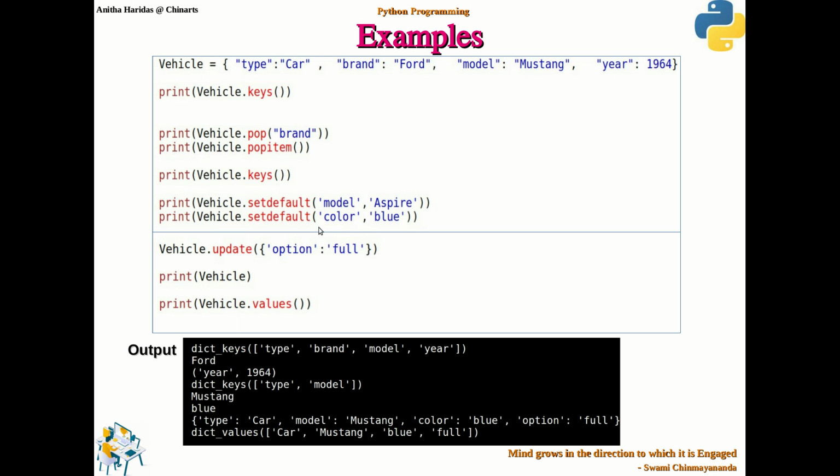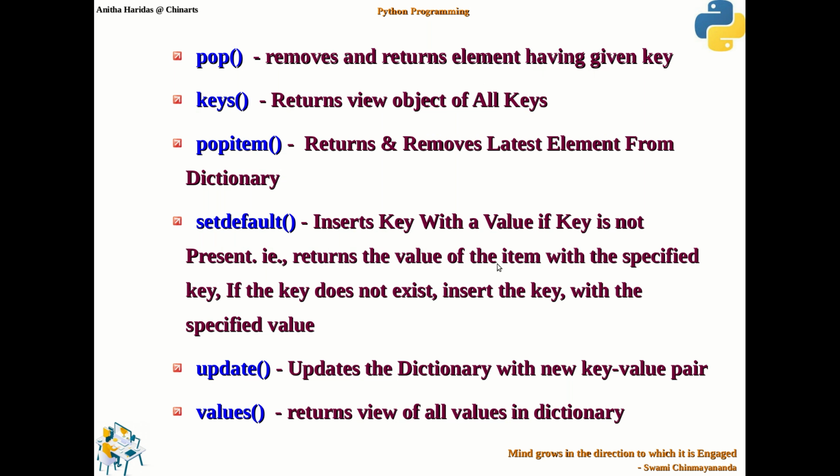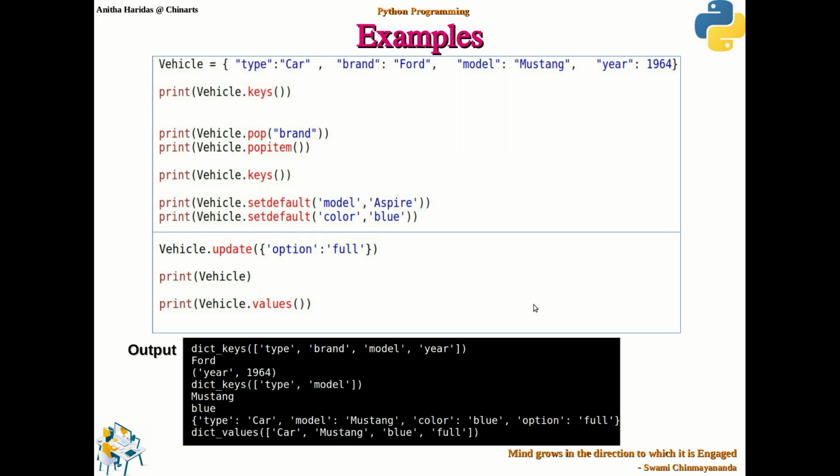Now, in the second example, I gave color comma blue. What will it do? It will search for color as the key in vehicle. If it does not exist, it will insert the key with the specified value.